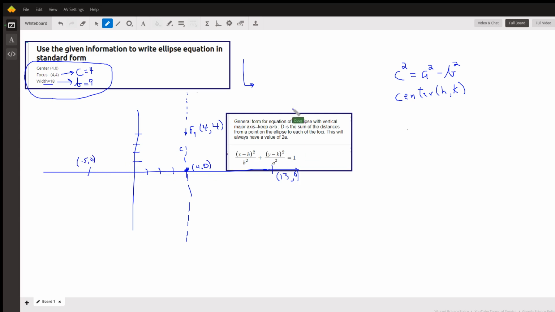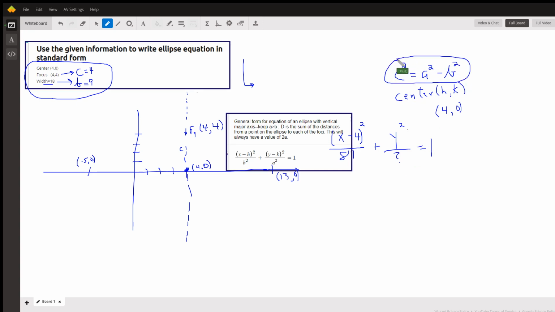Okay, so what do we have so far? The center's at (h, k), which is at (4, 0). So h is 4, k is 0. So we've got (x minus 4) squared, B is 9, 81 is B squared, plus (y minus 0), or just y squared, over, well, we need to figure out what A squared is. And for that, we use this